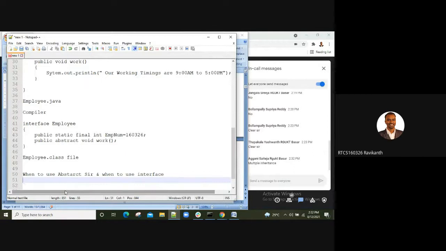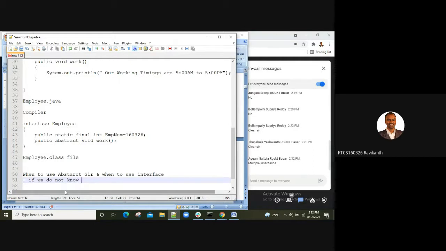Multiple inheritance is one concept, Teja, that's okay. So when do we use abstract? Imagine if we do not know anything about implementation, we just have the requirement specification only. Then which concept should we go for?